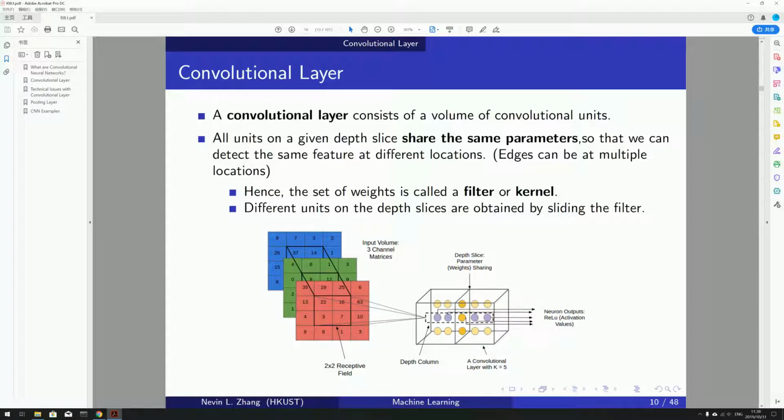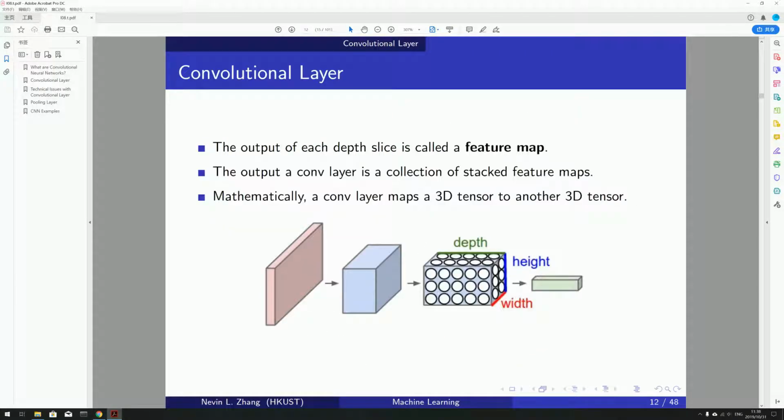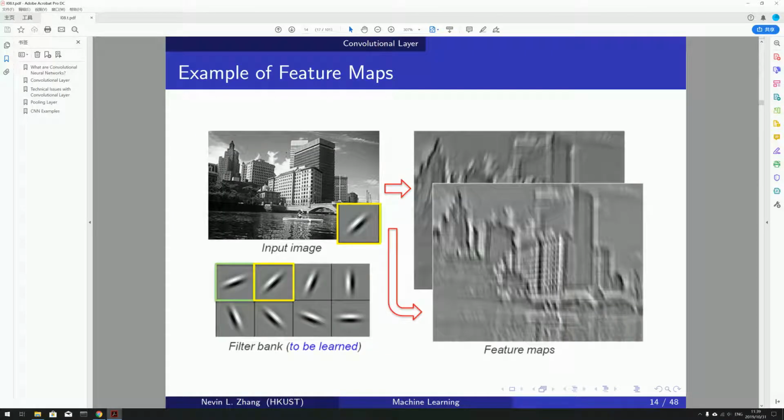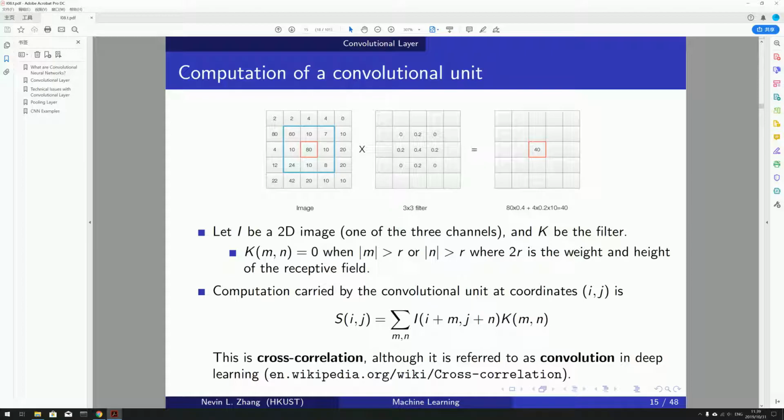Different units on the depth slice are obtained by sliding the filter. 这个就是 filter，我们学习到 filter 的一个例子，就是 AlexNet 的96个 filter。然后通过这个 filter，我们可以得到一个 feature map。这个 feature map 就说明了当前图片的权重在哪里。